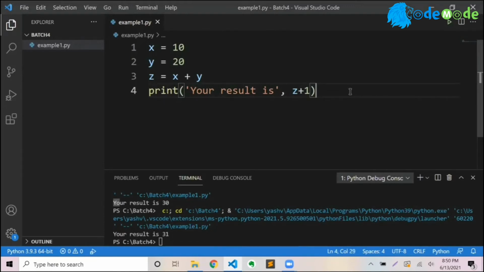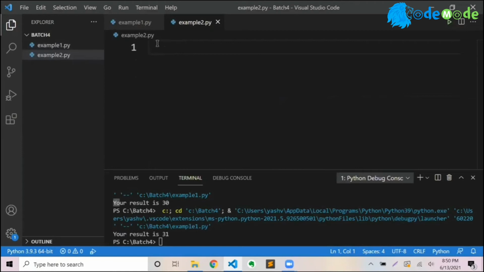Okay. Next, we saw print, and print, as I said, is a command. I am coming back to print again, but let me quickly talk about input. Suppose I want to find, let me change this, and I'll create another file here just to show you. You highlight the folder. Within that folder, you click here. Use the blue box. Click left, new file, and type the name, example2.py. And in this case, I'm creating a new file.